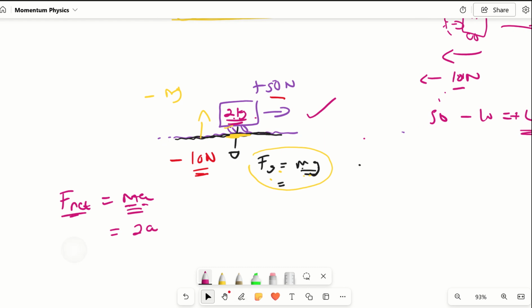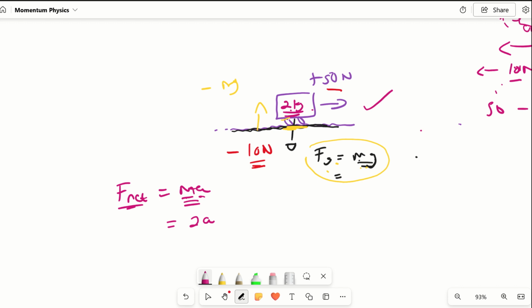What about our F net? F net is all of the forces that are acting on the object. So the easiest way to get to the bottom of this is if you use a free body diagram. So essentially that. So we know what the forces acting on this object are: force applied,